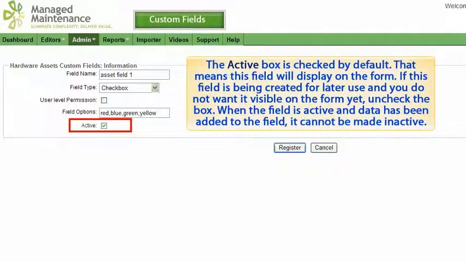The active box is checked by default. That means this field will display on the form. If this field is being created for later use and you do not want it visible on the form yet, uncheck the box. When the field is active and data has been added to the field, it cannot be made